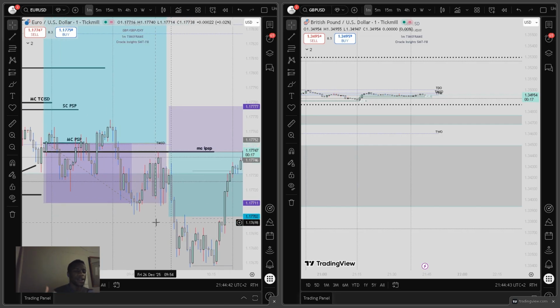So that's another thing I learned is to be able to expect some sort of reversal that might invalidate a PSP, I mean an IPSP or an